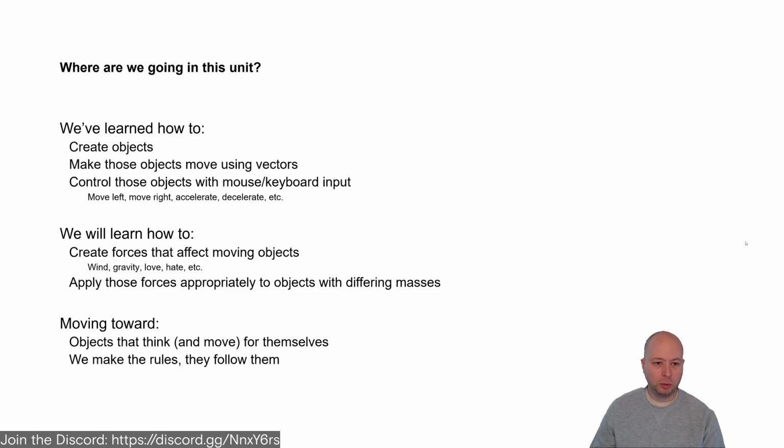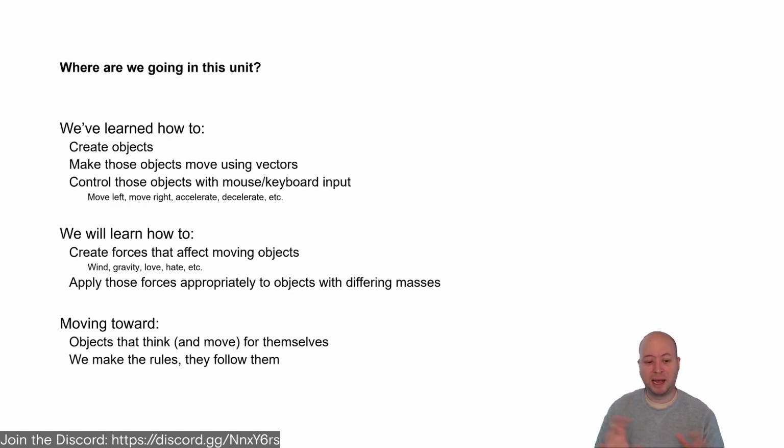So what we're going to talk about, this is actually a new unit, and we're going to talk about how to create these objects, how to move those objects with vectors. That should be kind of a review. Sorry, we've already talked about how to do this. We've learned to create objects, to make those things move with vectors, and to move them with the keyboard input. And now what we're going to learn is how to apply forces to those objects, things like wind, things like gravity, love and hate, which are also forces in a way,